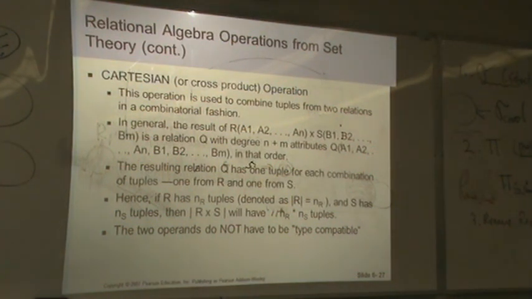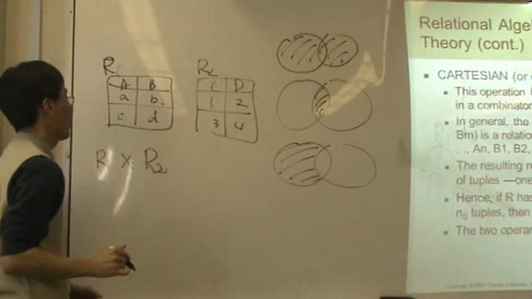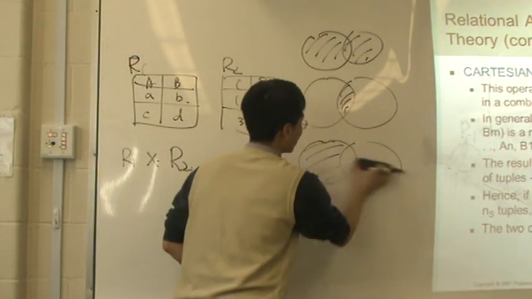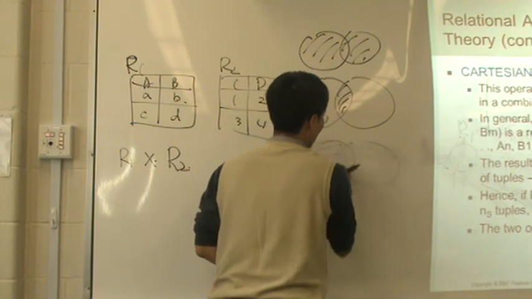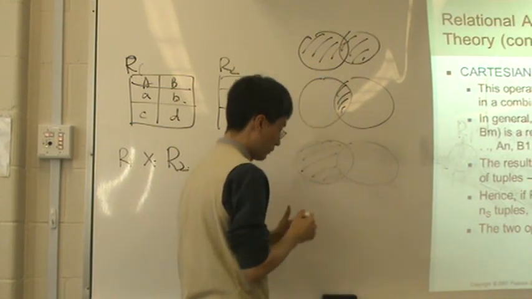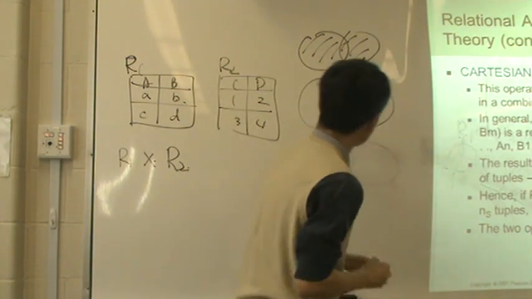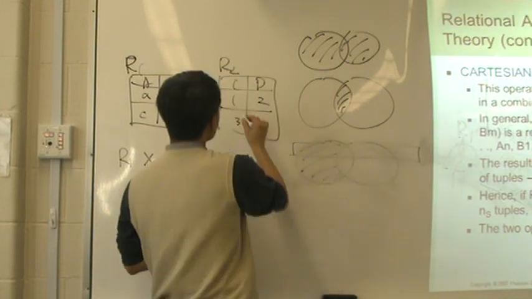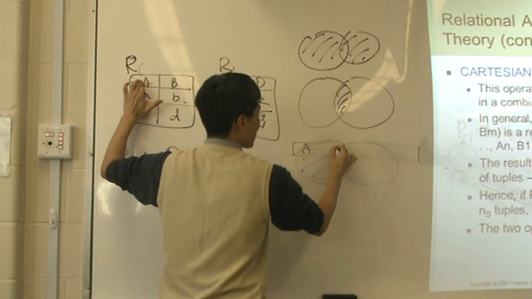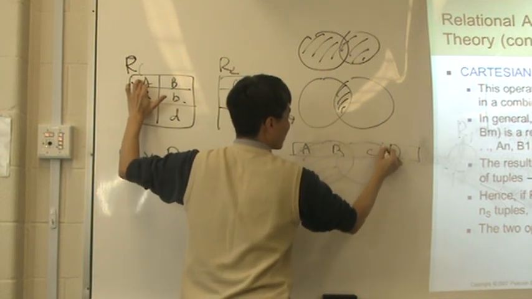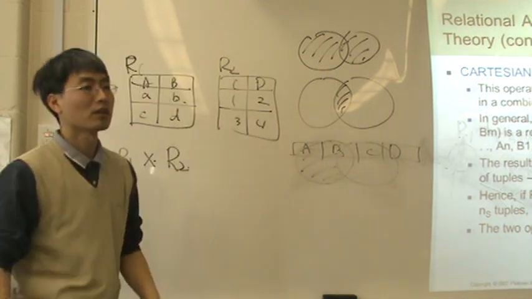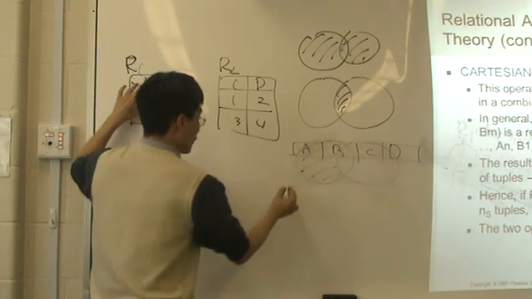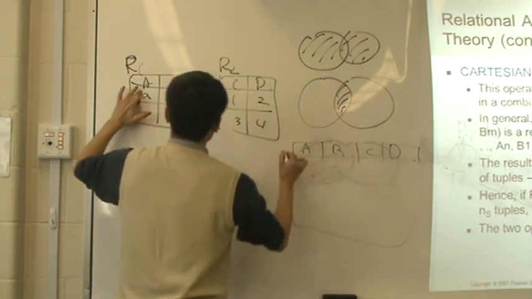The Cartesian product of R1 and R2 means, first, the attributes should be A, B, C, D. It combines both attributes. Then the tuples are all combinations, which means